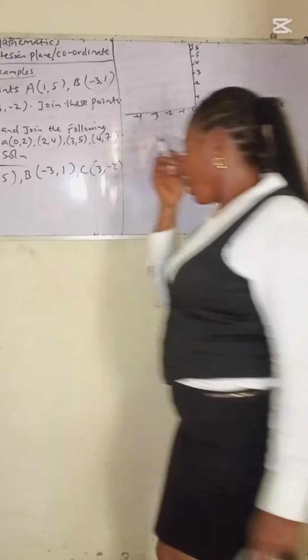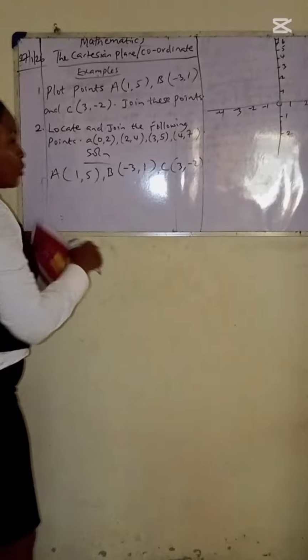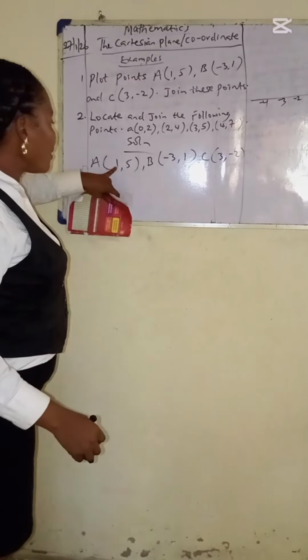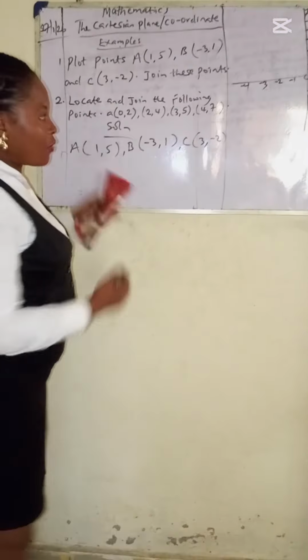Then you go to your question now. You say x is what? 1. Remember I told you that the x-axis or x coordinate is the first number here. So when x is 1, y is what? 5. So my